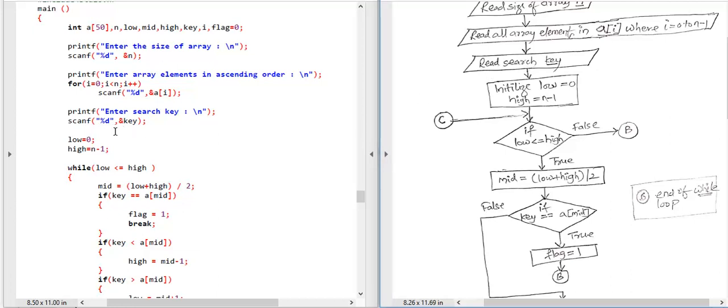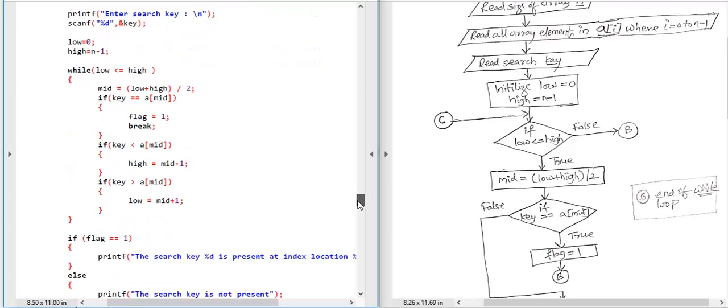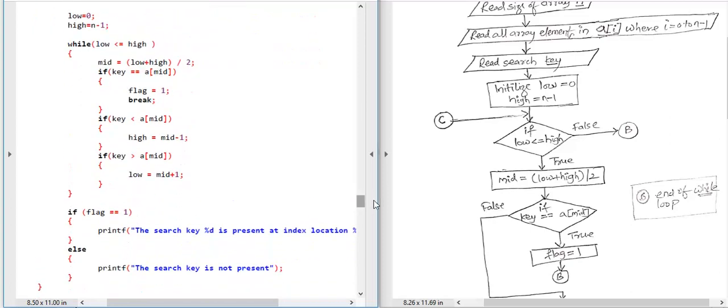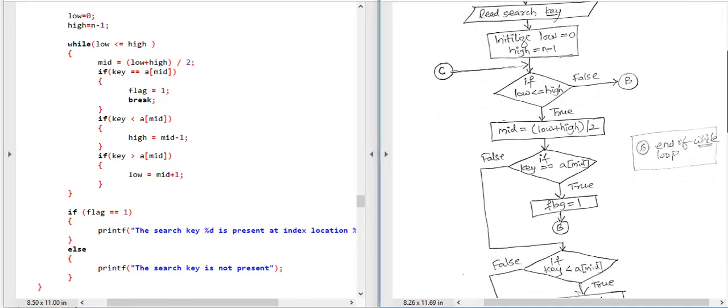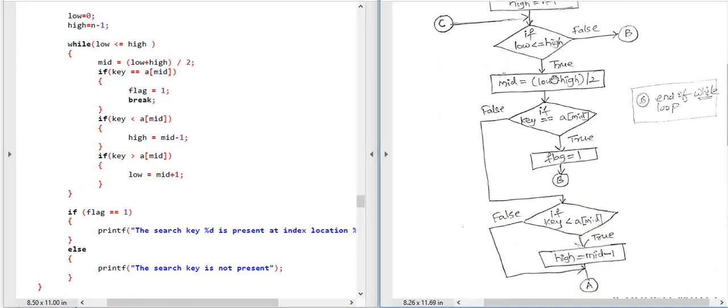After reading the key, initialize low is equal to 0, high is equal to n minus 1. Now the if condition. Whatever you are seeing here is the if condition. So we will go here: while low is less than or equal to high, means if low is less than or equal to high, if the answer is true,